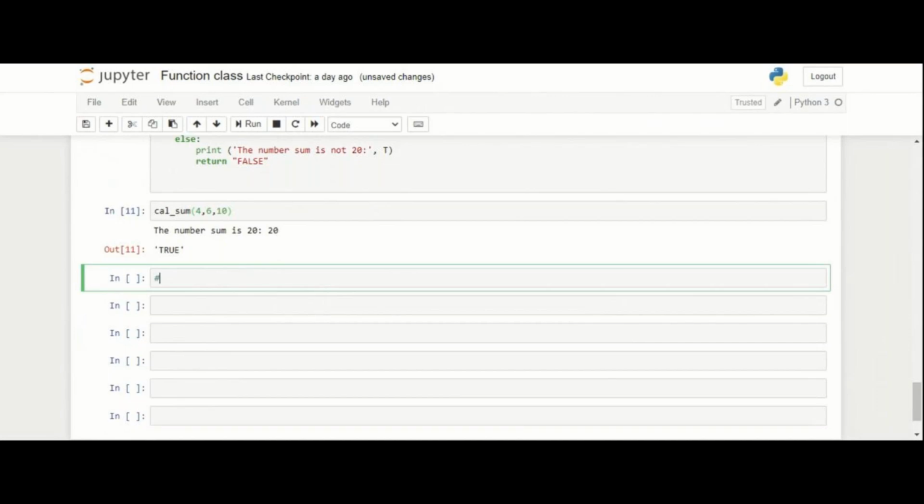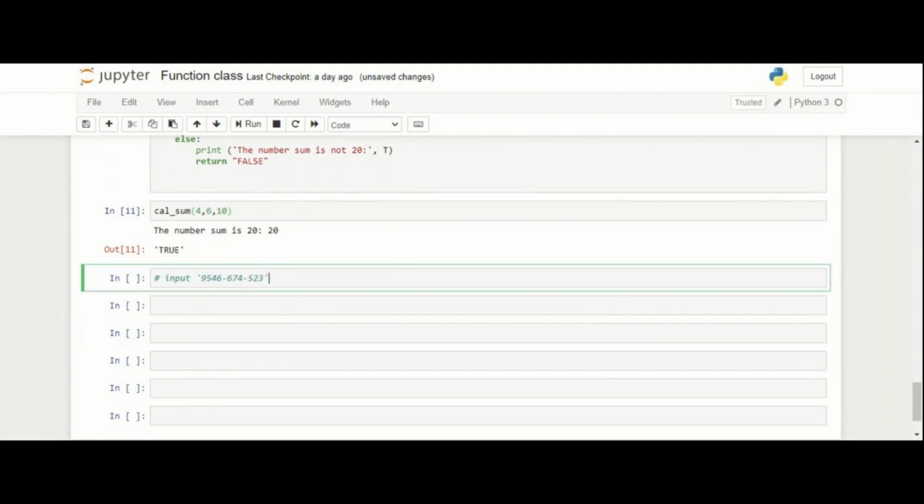So for example, my input is any number, suppose any number 9546 dash. I have a dash in between. 674 dash 523.